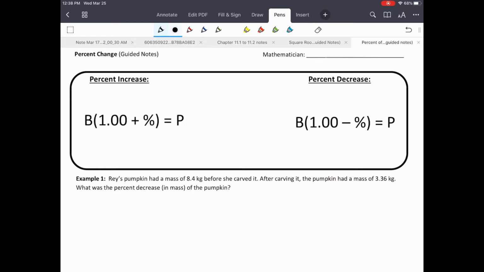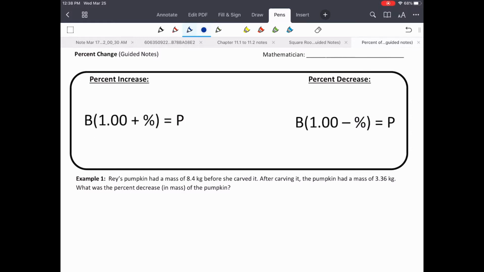Hello everyone, I'm going to help you get through this percent of change section on the Khan Academy assignments that you guys have been doing. I'm going to start you off with these percent increase and percent decrease equations. You might remember that we went over these in class, but just to refresh your memory,